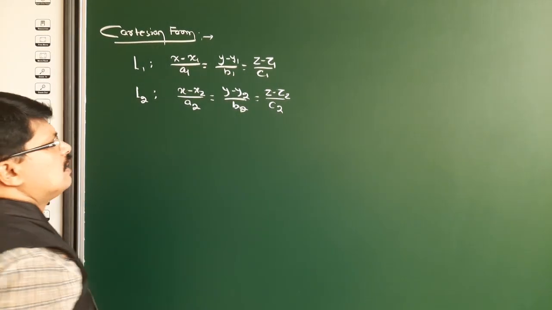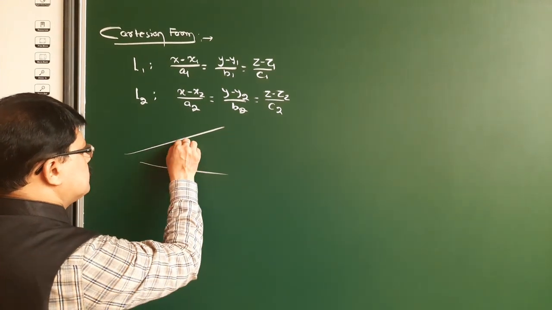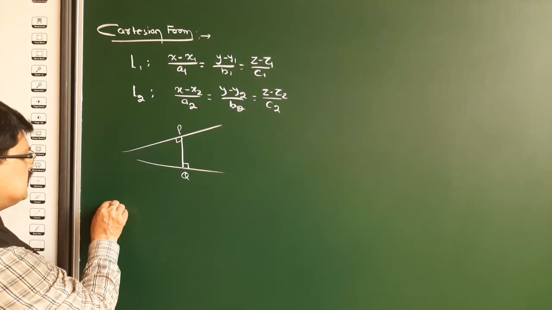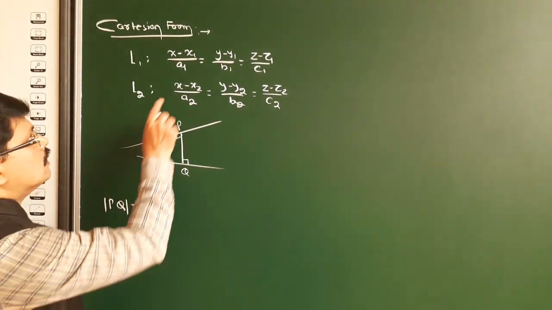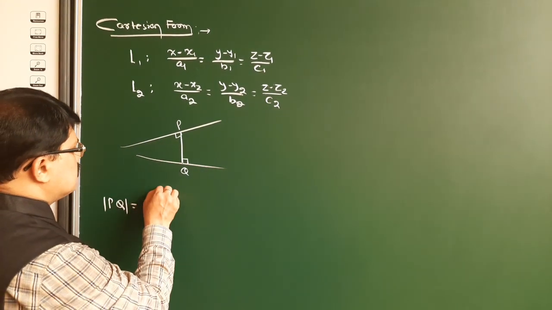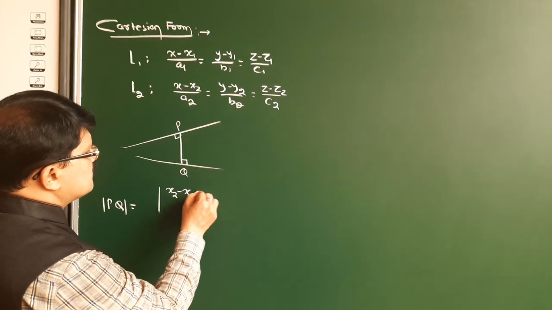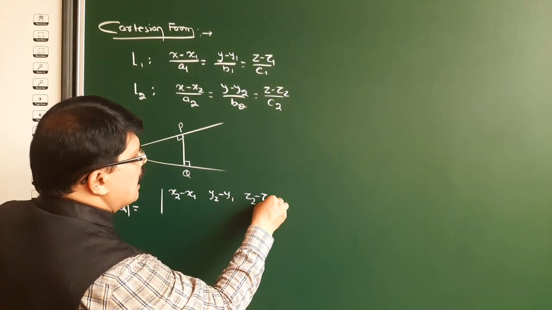So in this case, what about the distance between these two skew lines? This is P, this is Q. Here PQ is equal to the determinant of x2 minus x1, y2 minus y1, z2 minus z1,